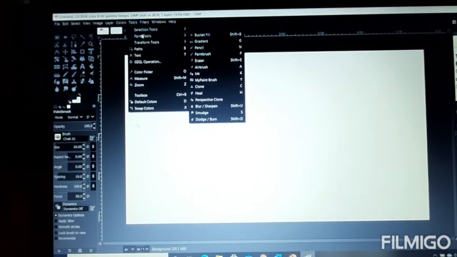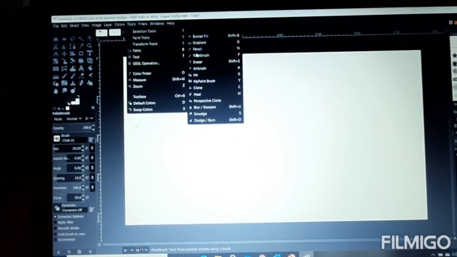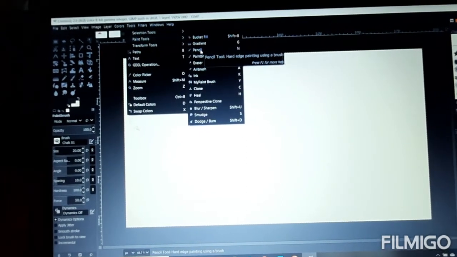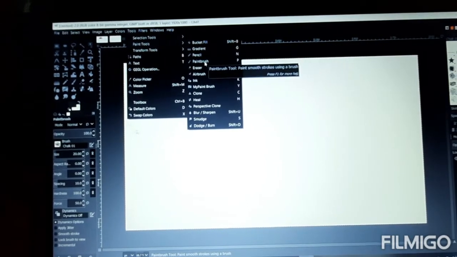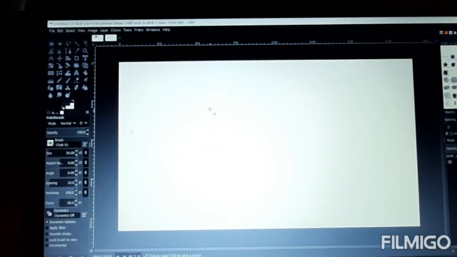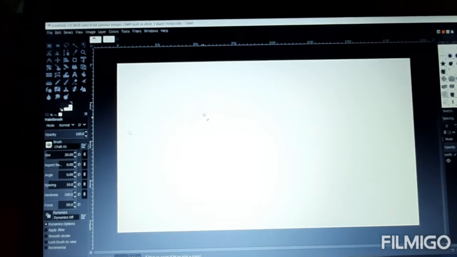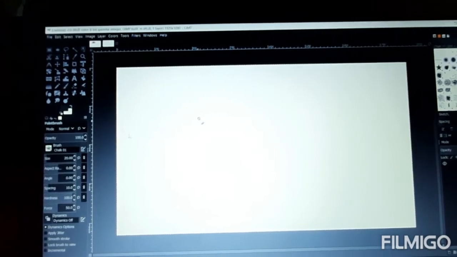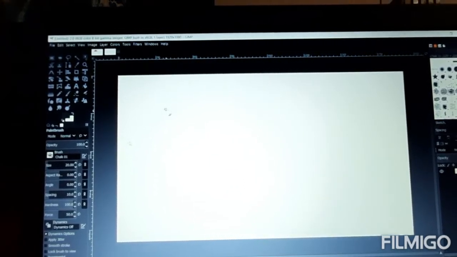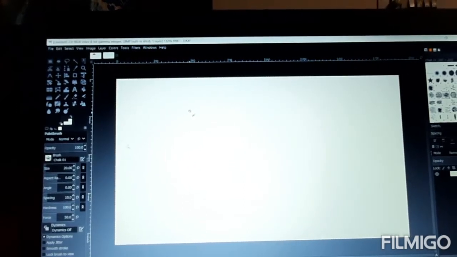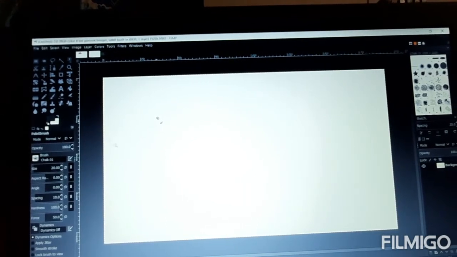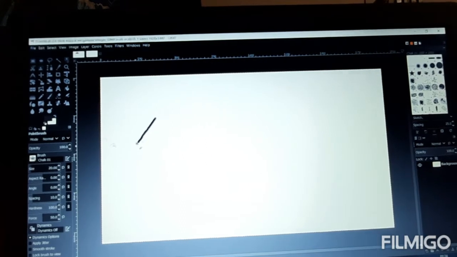From there I will select the paint tool. Okay, so it's my option what I would like to choose, paintbrush or pencil. For now I'm using the paintbrush. Okay, I have clicked on the paintbrush. As you can see, the cursor has been turned into the paintbrush instead of the pointer. Now if I would like to draw something, like I'm trying to make a hut here, we draw the same way as we draw on Paint. We will press the mouse and we will try to draw.